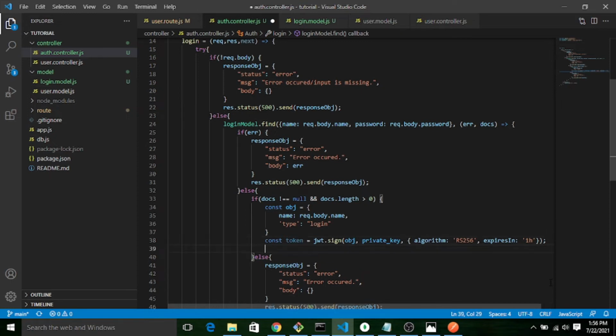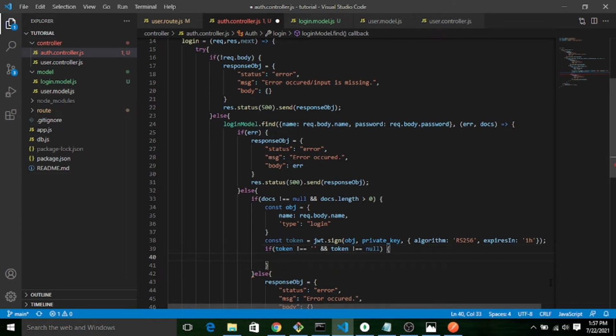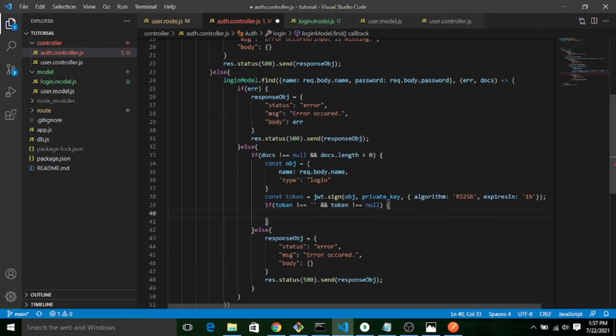So once token blank, let me put one more validation. Here we'll return the token to the user.